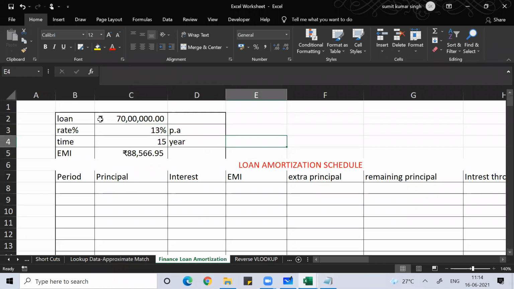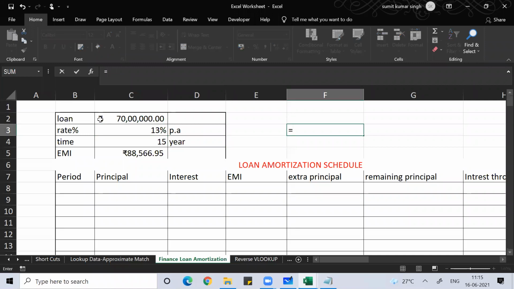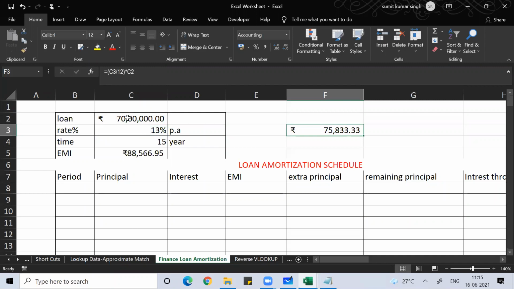If you calculate, this doesn't require any finance knowledge. If you calculate 13% on 70 lakh, your interest is coming around 75,000. Why is the bank telling you to pay 88,000 to the bank? That is the first question.